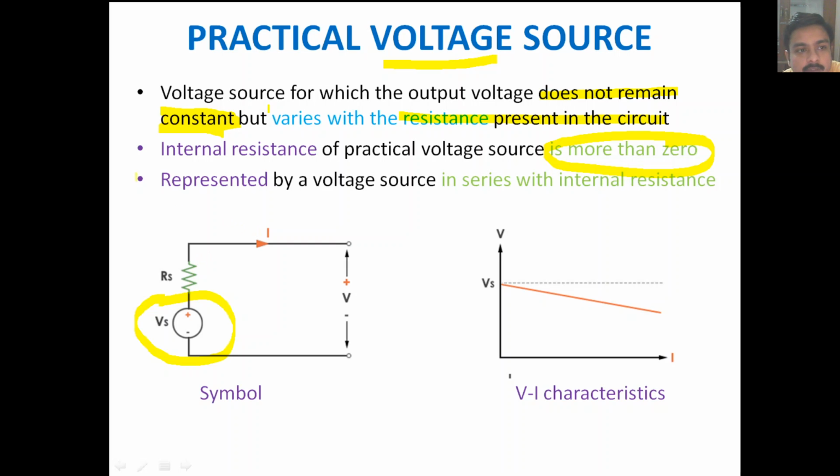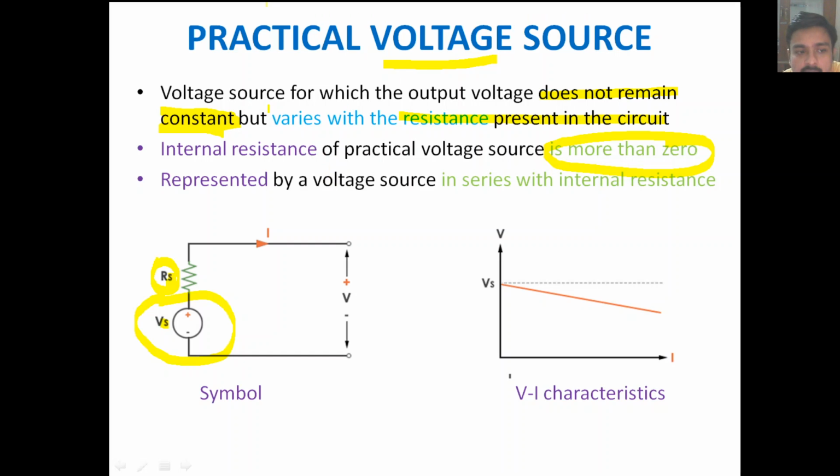But here in this case, since we are assuming the internal resistance is not zero, and by convention we always choose a voltage source to have a resistance in series. This is a convention. For a voltage source we assume the resistance to be in series, and for a current source we assume the resistance to be in parallel. That is the convention that we always choose. So in this case we assume that there is a resistance. We can name it any resistance. Here I have mentioned Rs, meaning the source resistance. This Vs means source voltage, Rs means source resistance. There is a source resistance by convention which will always be in series with the source voltage. That is how you represent a practical voltage source.